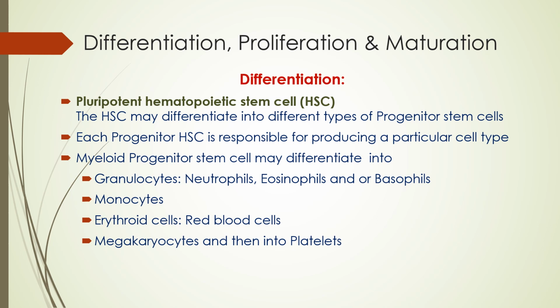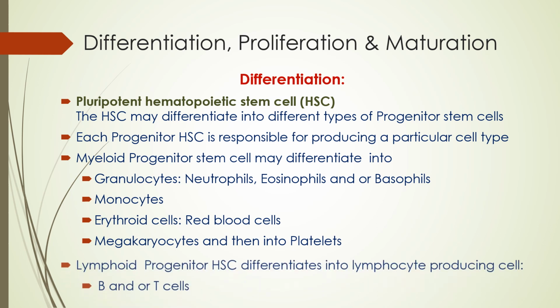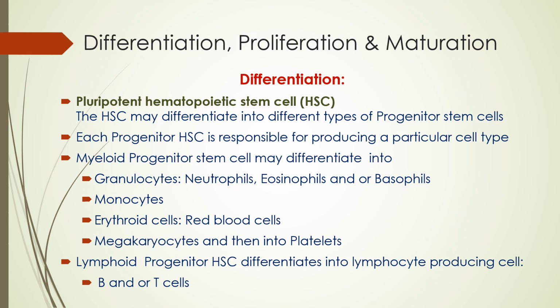and the fragments are called platelets, which escape through the pores of the bone marrow into the peripheral circulation and are responsible for maintaining the integrity of the vessel wall. That is, they are the particles which prevent the blood oozing from the blood vessel into the tissues. Or in other words, they are very helpful in the stoppage of bleeding. The lymphoid progenitor hematopoietic cell differentiates into the lymphoid cells, B and T cells, which we have already discussed.